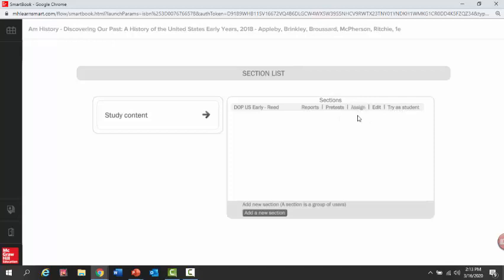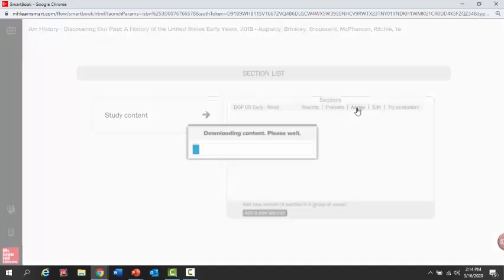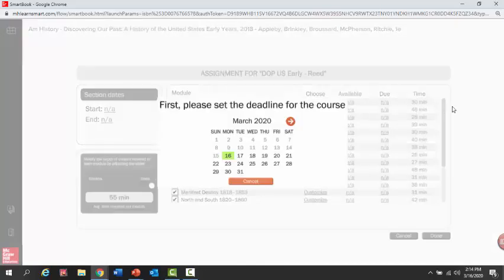Now, I would like you to know that you do not have to assign this item for the students to actually see it, use it, work with it, study the content, and learn the basics with LearnSmart. You would still be able to see the reports as you come in here for the reports. But let's go ahead and take a look at how, if I wanted to assign this, I would be able to assign it. So I'm going to click on Assign,